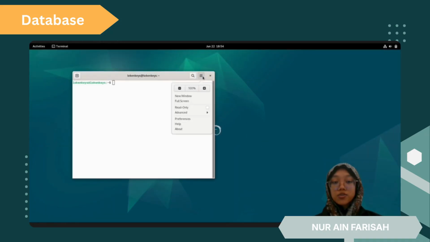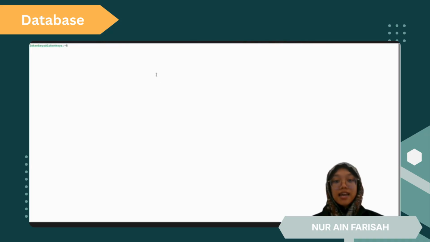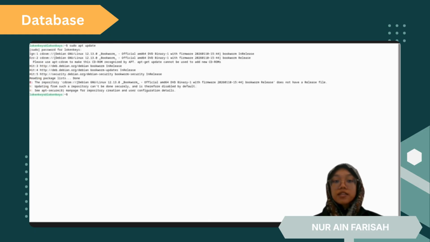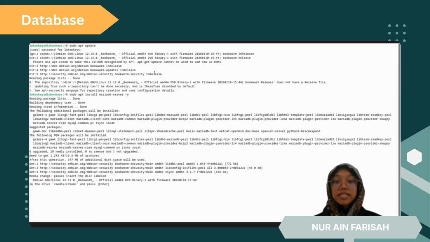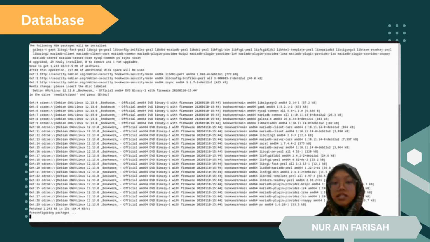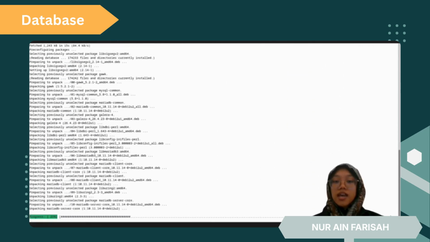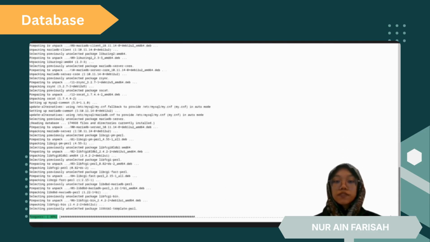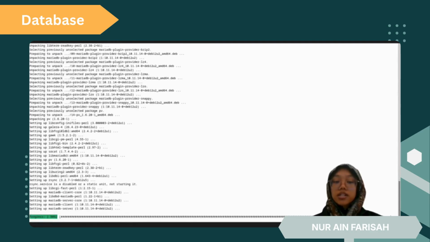Once again, my name is Farisah and I will be presenting the implementation and testing of our database server using MariaDB. For the Phantom Leak protocol, this database acts as our secure repository for sensitive operational data because our primary goal is maintaining a strict quarantine zone. This server is entirely isolated from the external internet and is configured to bind exclusively to our internal gateway